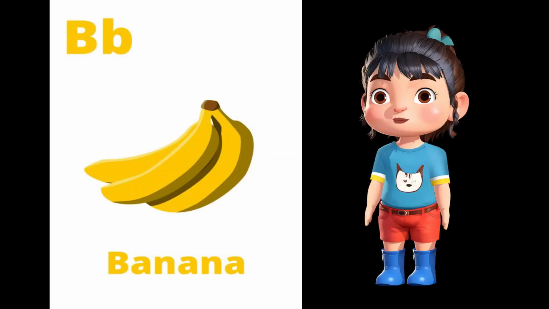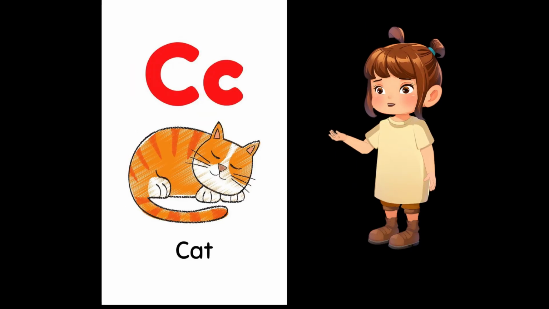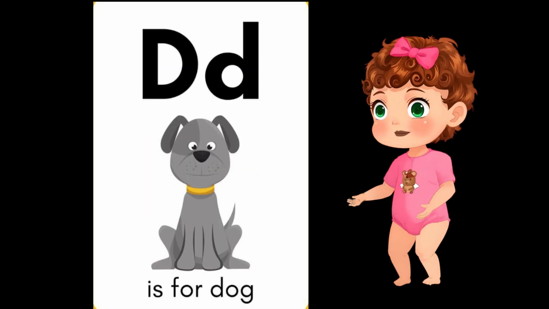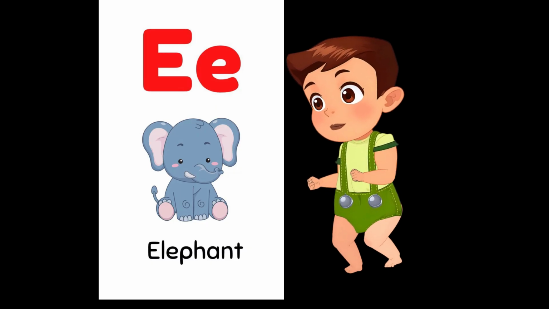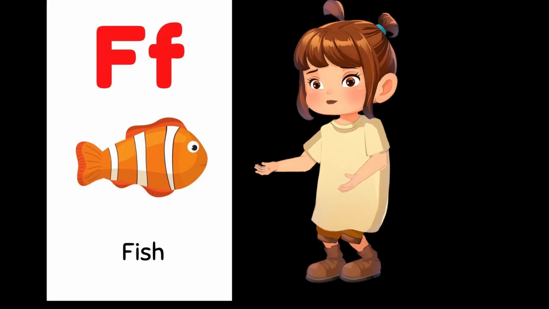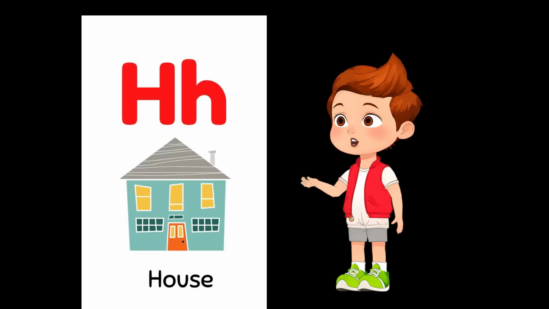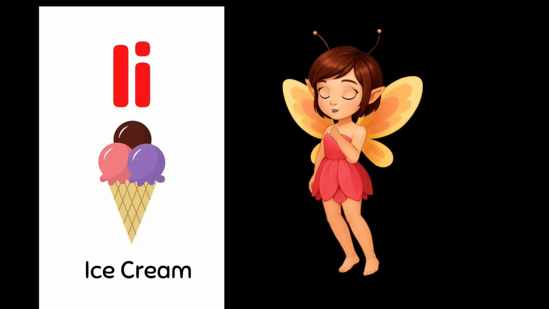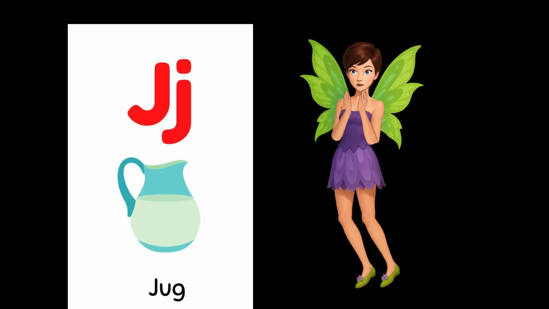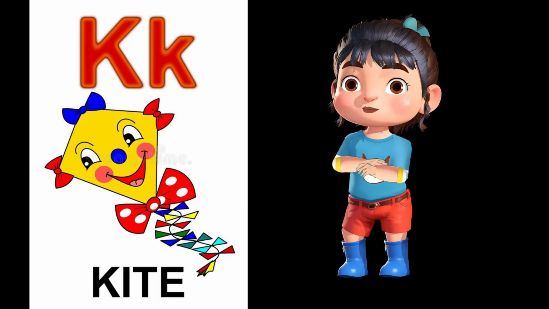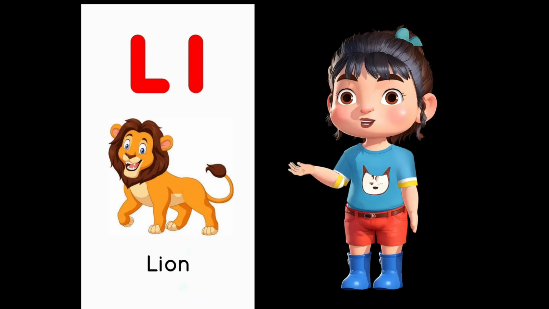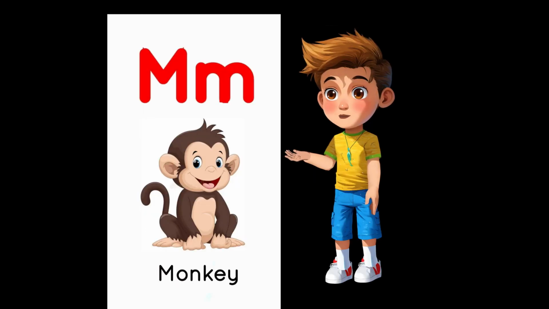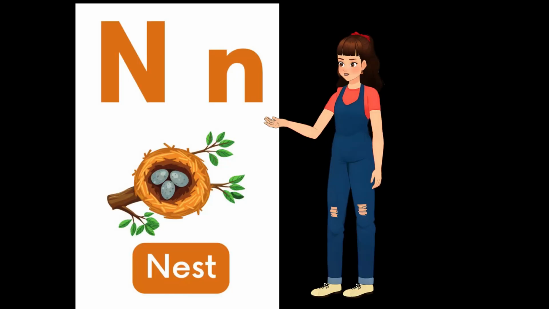A for apple, B for banana, C for cat, D for dog, E for elephant, F for fish, G for jug, H for house, I for ice cream, K for kite, L for lion, M for monkey, N for nest,